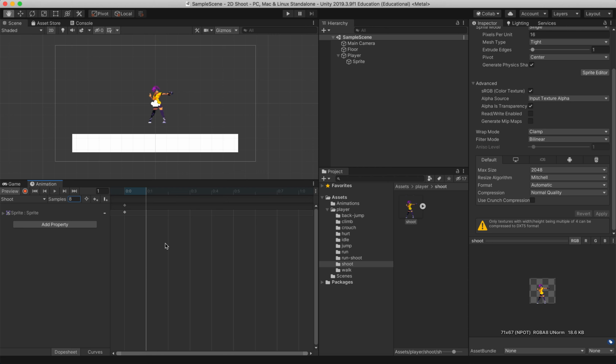What should we do? Should we do some scripting or should we create that prefab? No, let's create that prefab. Okay, so